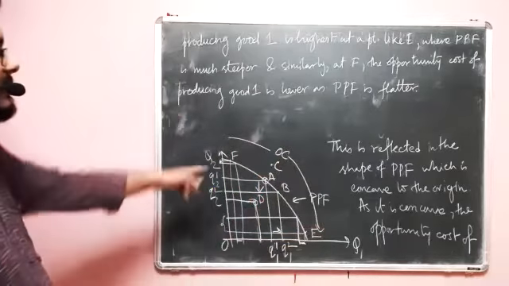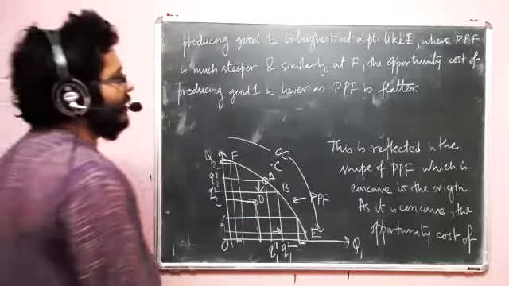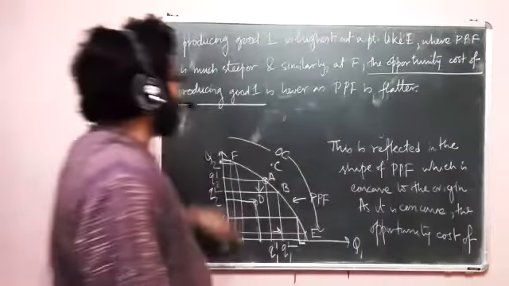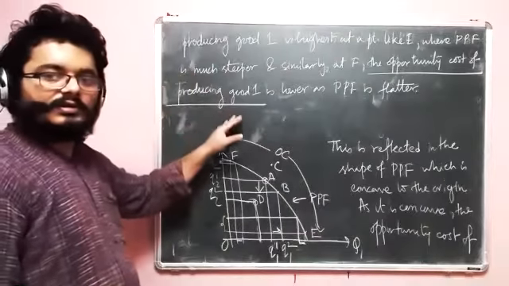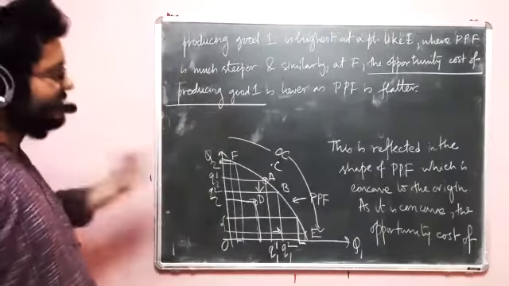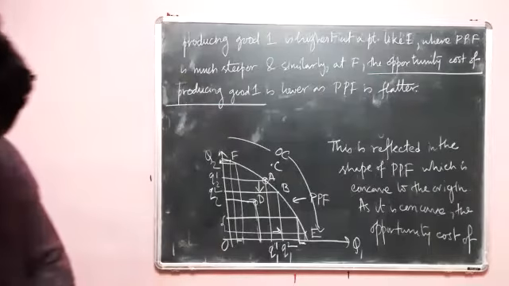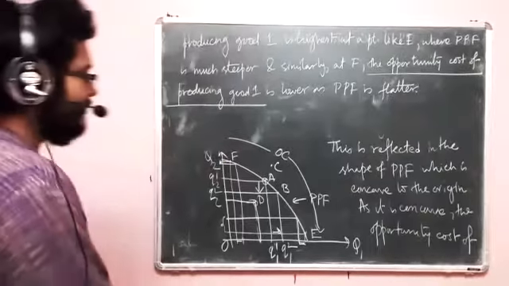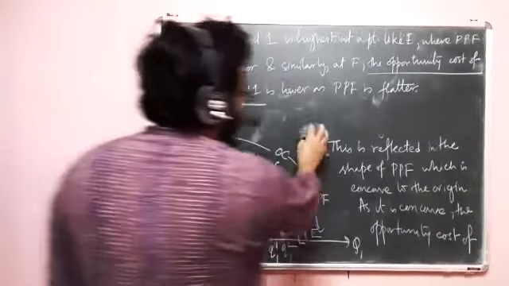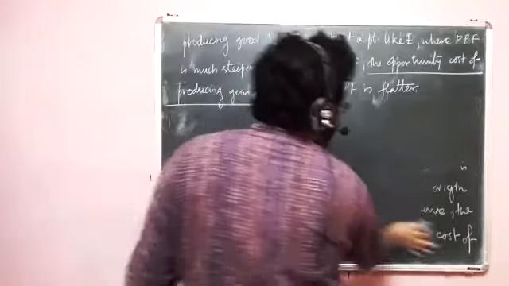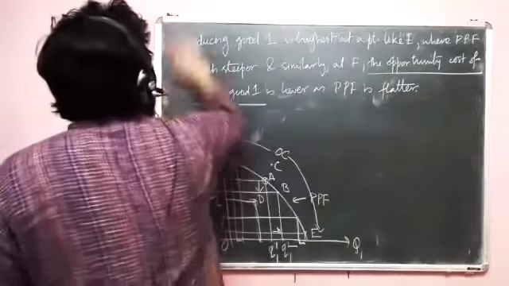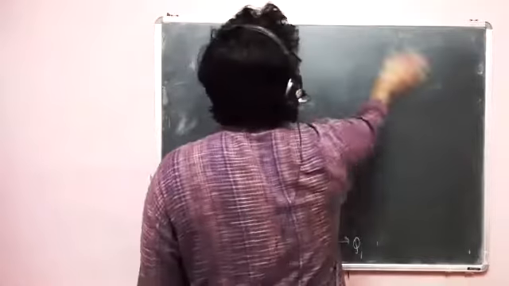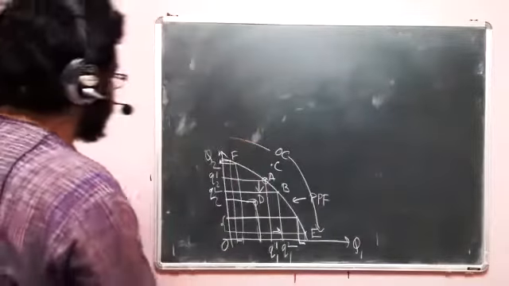So if we can write something like OC, then it goes like this. But remember, this is the opportunity cost of producing good one. That is very important. If I say good two, then the answer is just the opposite. Always remember that. Then there is one last connection that we have: how much you can produce is limited by the production technology that you are using. So if you have better technology, you can produce more.